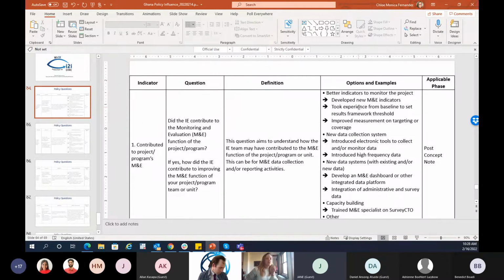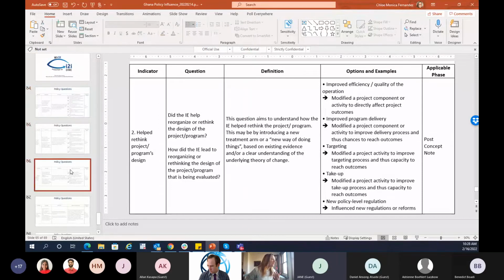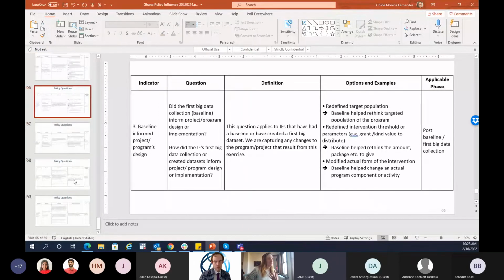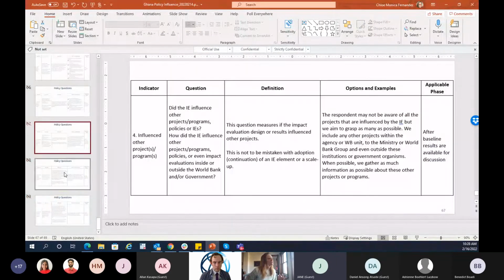Those channels of influence, we also try to quantify them so that we can keep track of what is happening and report with actual real numbers how you potentially influenced what is happening within your program, policy, and maybe even country. For each of the indicators, we have details on how to ask them, what the examples are, and how you can quantify it. To finish, this is from our portfolio at DIME, but you could do that on anything you're working on.